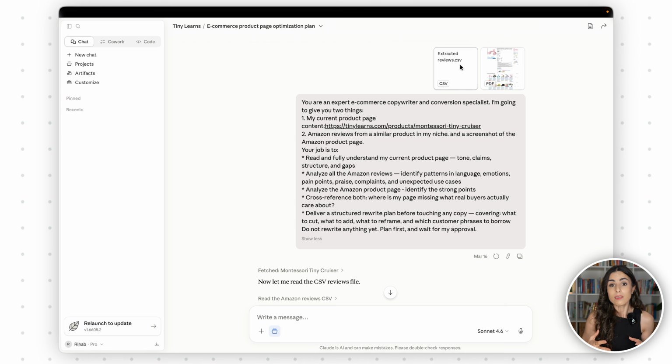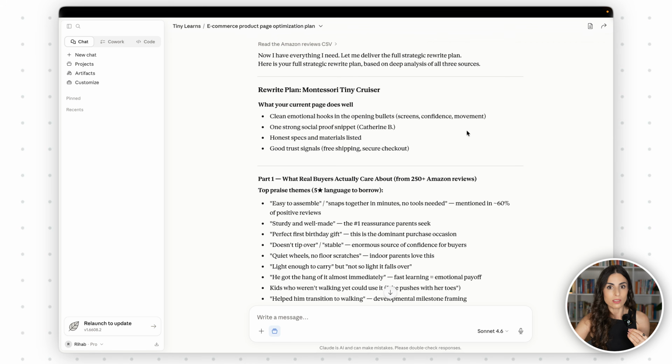And you can give it multiple competitors' pages, not only one. In addition to the competitors' URL and the reviews, which are super important, I gave it a detailed prompt of what I want to achieve, what I'm looking for. And as you can see, Claude returned a full analysis and a full comparison between my product page and the